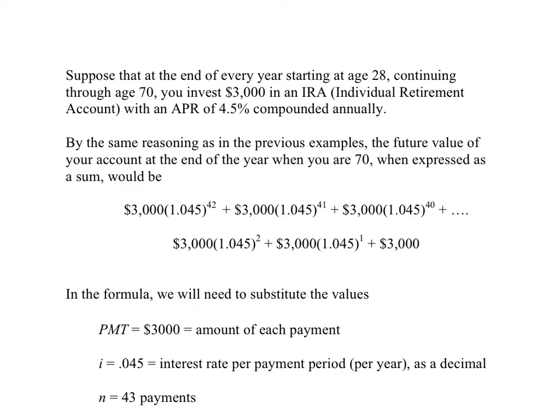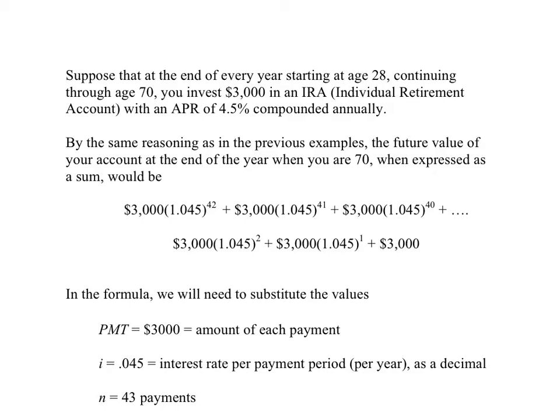The very first $3,000 payment that's made when you're 28 years old sits in the bank from the age of 28 until the age of 70. That means there are 42 full years in which that $3,000 is earning 4.5% interest. So the very first term in the sum, corresponding to the very first deposit, has 42 as an exponent. Each successive $3,000 deposit has 1 year less to earn money, so these exponents continue to decline